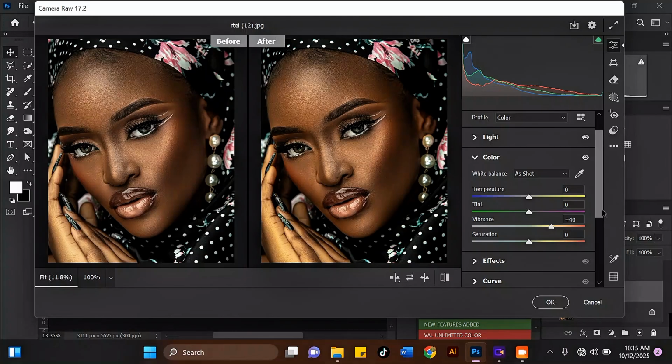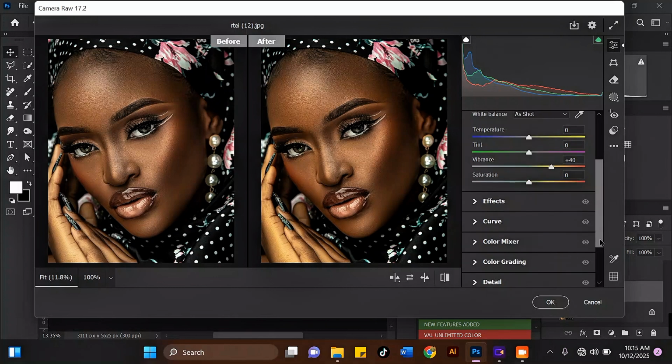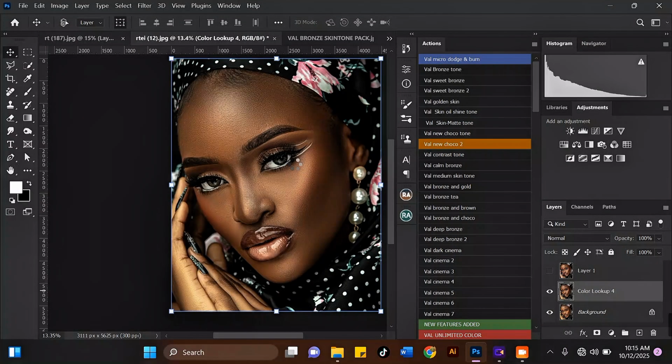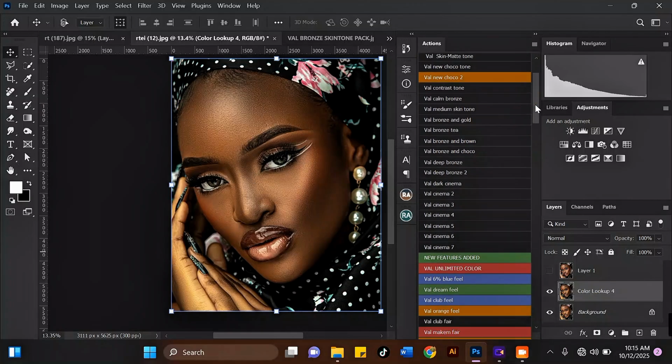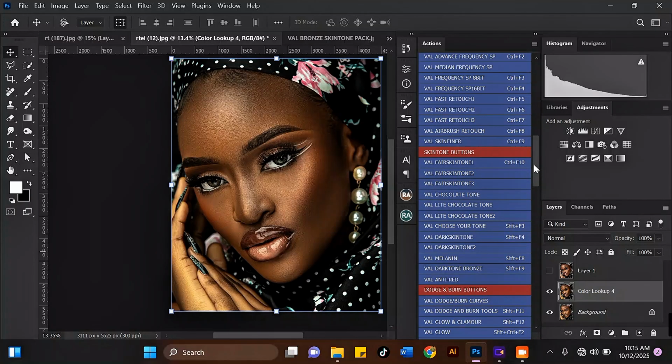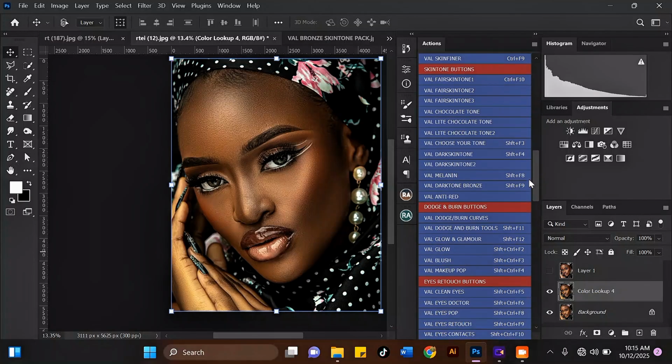Okay, so this is cool. And I move to fade and add a little texture. Okay, so this is cool right here. This is cool right here. So next thing I will do right here is to add a little highlights on the face. Okay, so to add the highlight, I'm not using dodge and burn, but I'm using